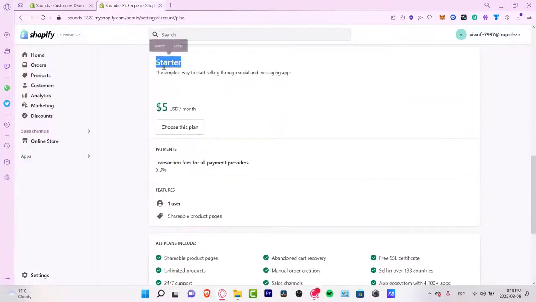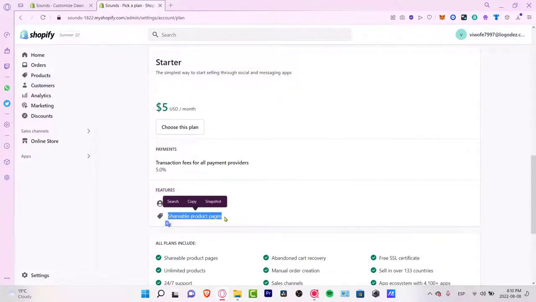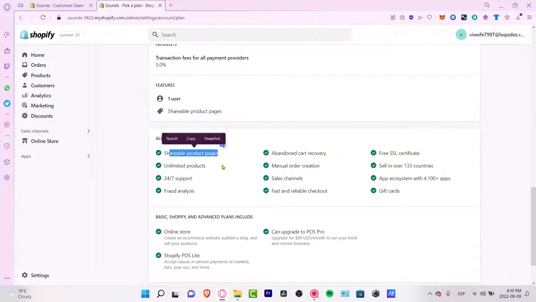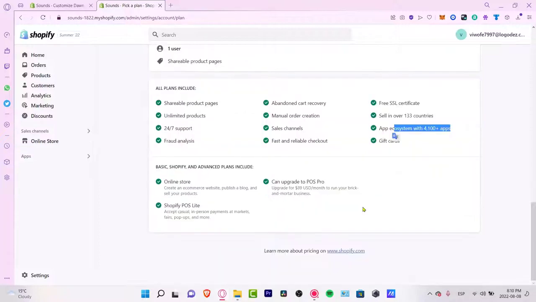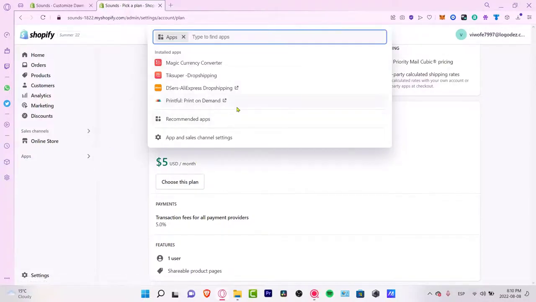There's the starter plan, of course, the simplest way to start selling through social and messaging apps. There's only one user, shareable product pages. All the plans include shareable product pages, unlimited products, fraud analysis, abandoned cart recovery, manual order creation, sales, gift cards, sales in over 123 countries, free SSL certificate, and an app ecosystem with a bunch of applications. So as you can see, your plan might be a little high, but it's totally worth it if you are willing to use all the applications that we just saw here, the analytics, the marketing, adding a few products, making dropshipping from AliExpress,